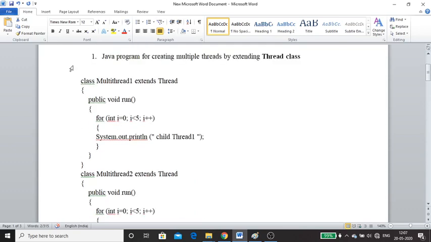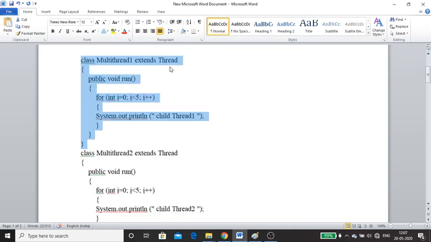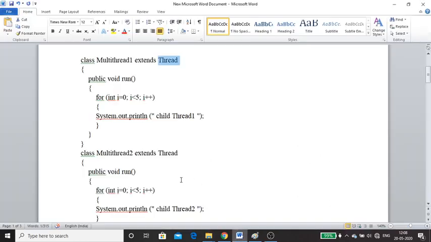So it will go to the class MultiThread1. Within that class, if you observe, there is no start method, so what will happen? It will check within the parent class. What is the parent of MultiThread1? Thread. Within the Thread class there is a function start, in which the developer has already written code for creating a new thread. A new thread will be created, and at the end we call the run method. The run method within Thread has no definition, so it will execute this one.